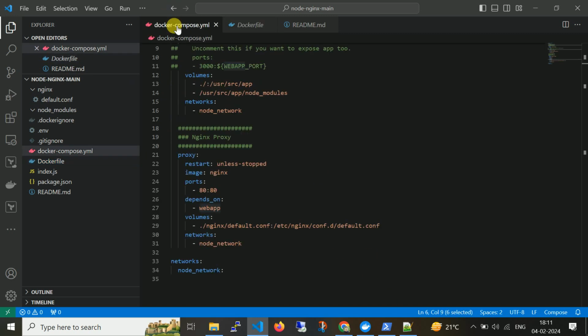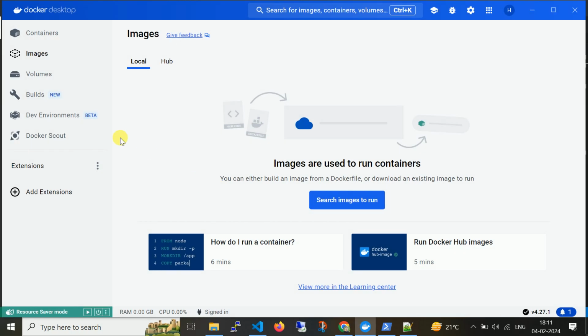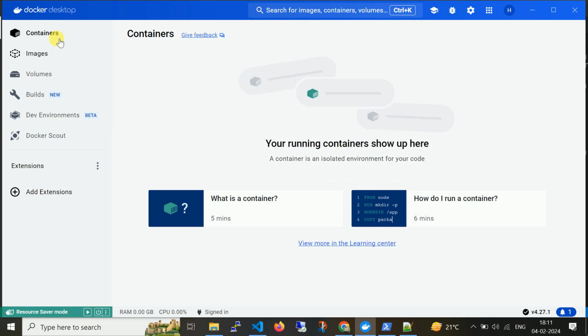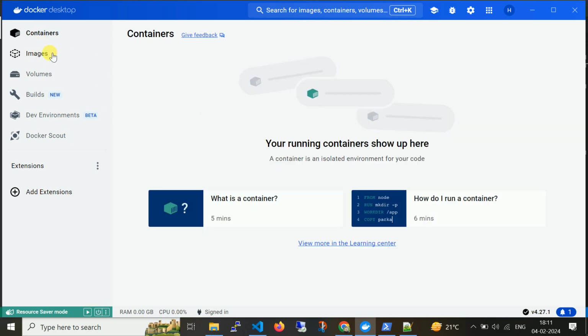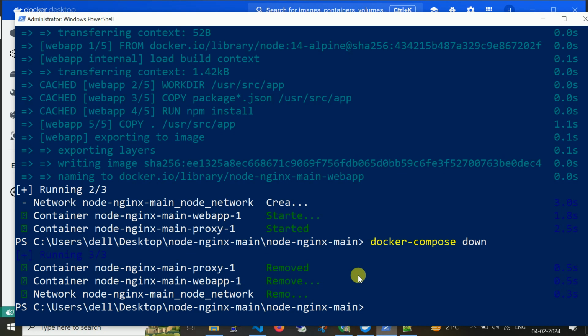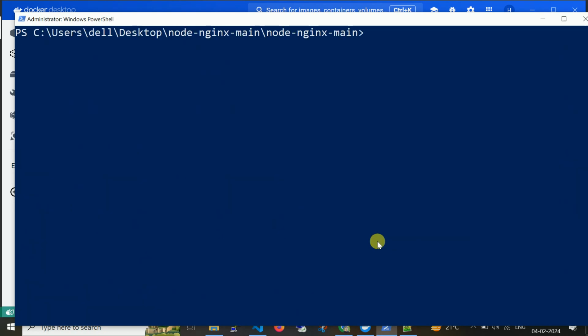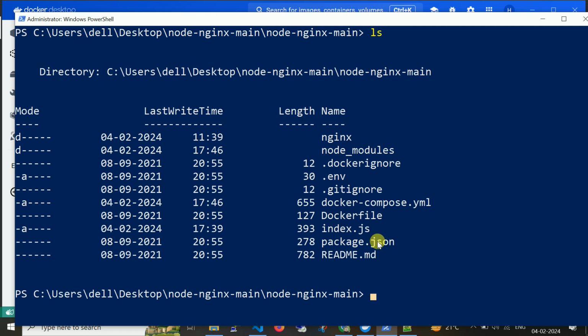So let me run Docker Compose, but before I start, I validate whether any container or image exists or not. Here you can see there is no container nor image. Now let me run ls. Here I can see the Docker Compose file is already there.